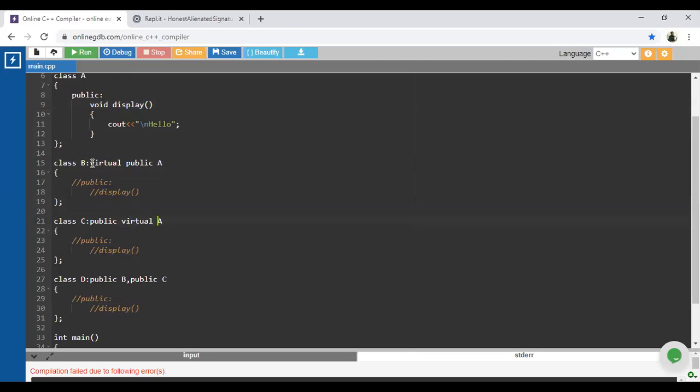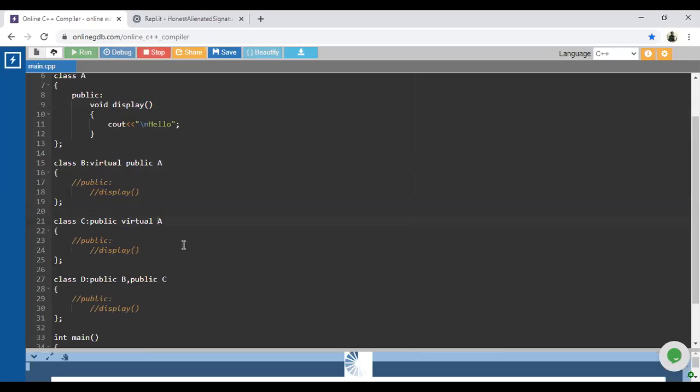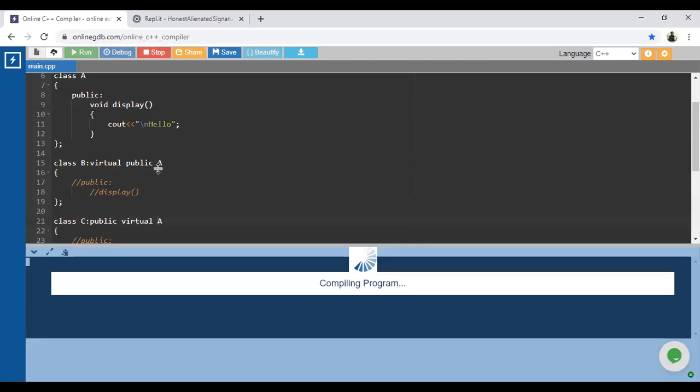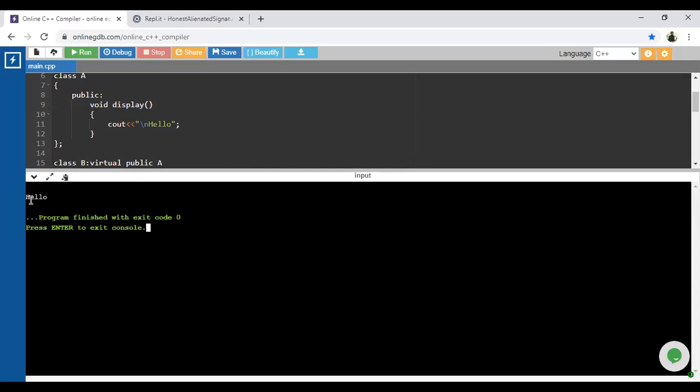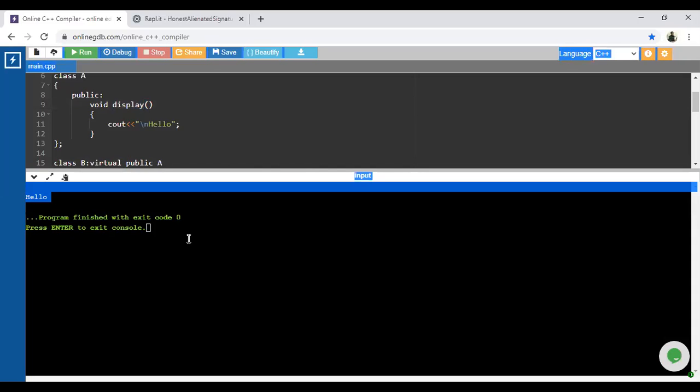Both are valid. Now I'm executing the same code again. Now look, guys, it will display the output which is available inside the A class, because only one instance is created for that particular class.